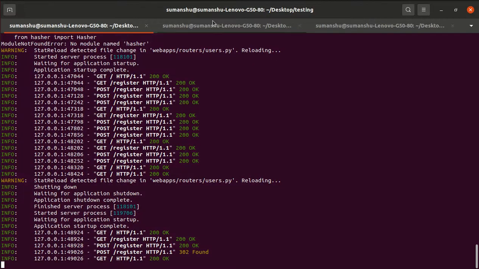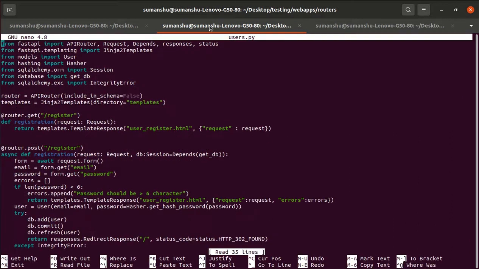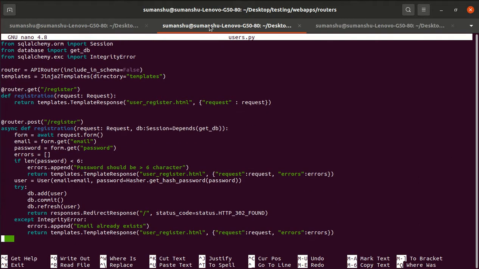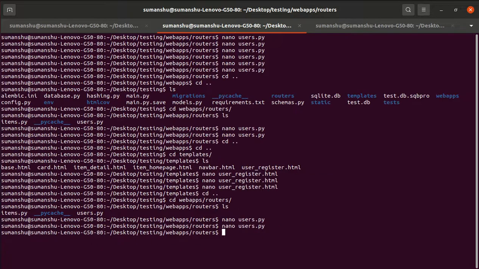So what we will do, when we are redirecting it, we will pass some message as well in the query parameter. Successfully registered. Okay, so we will pass a query parameter message is equal to successfully registered. So let's save it and go to the items router,